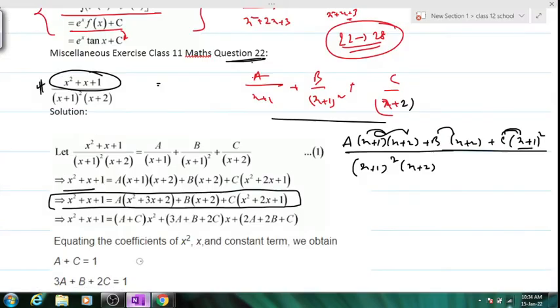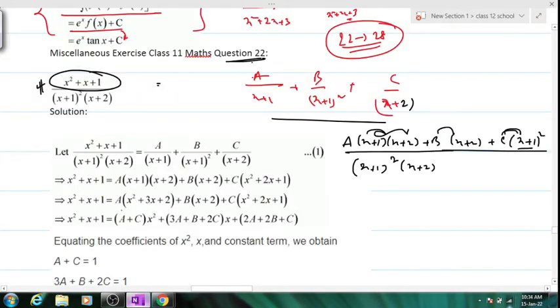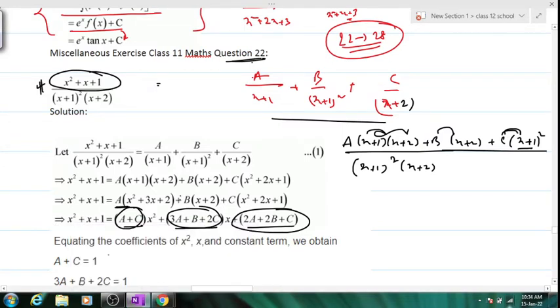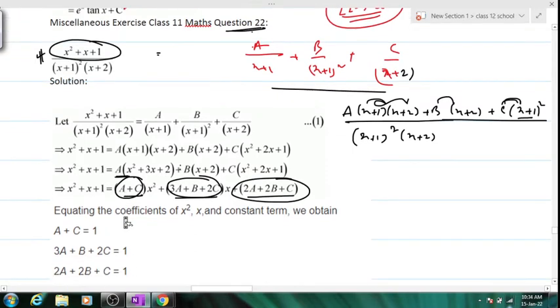Then what you have to do? Good morning. What you have to do out here then? Compare the LHS and the RHS portion of x square, right? This will be my x squared coefficient, this will be my x coefficient, and this will be the constant coefficient. So this will be equals to 1, this will be equals to again 1, and this also will be equals to 1. Three different equations, three different values. I think we'll be able to calculate the answer. A, B, C. And then substitute out here and then normal integration. Tell me the value for A, B and C first.